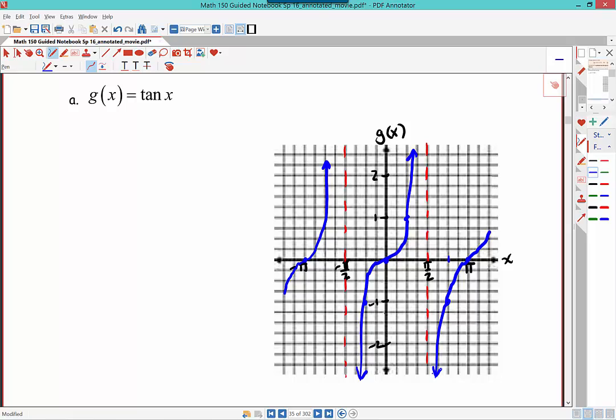So when we talk about the continuity, where would you say the problem children are? Good. I mean, negative pi over 2, pi over 2, 3 pi over 2, 5 pi over 2. So what we need to do is discuss the continuity. So we're going to build a set. Let's just go ahead and write this in words. So tangent x is continuous